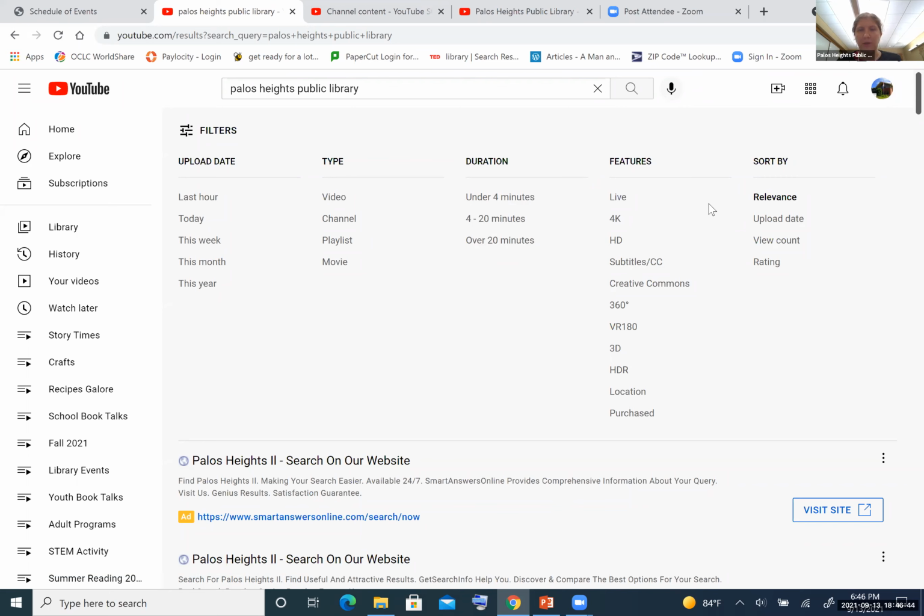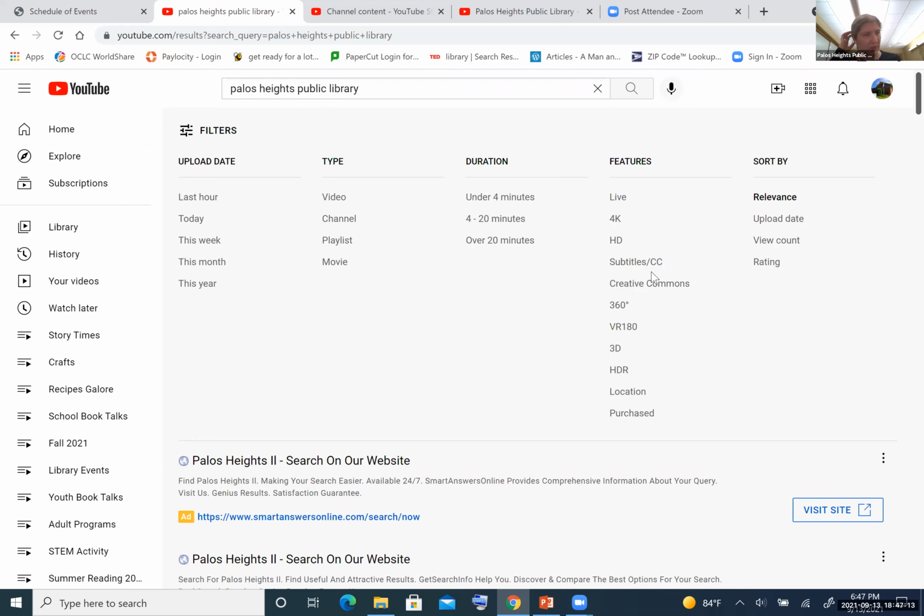Then you can also even see if some videos, not all videos have these, but some videos have different features on them. So you can see if a channel is live, if a video is presented in 4K or HD, which is the type of quality it is, if the video has subtitles, if the video is available for Creative Commons.